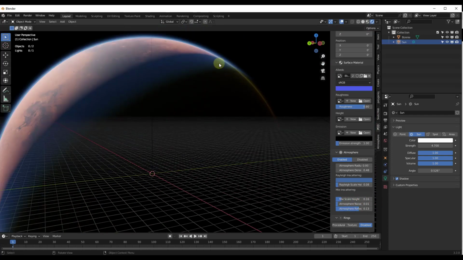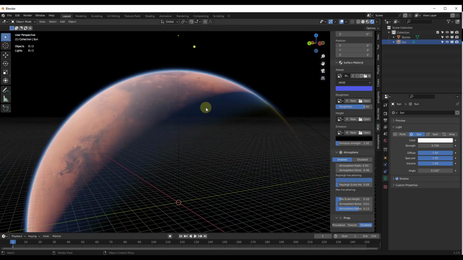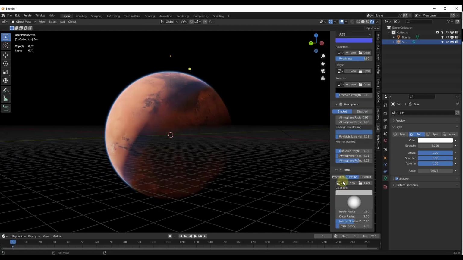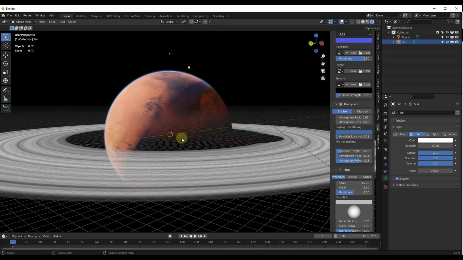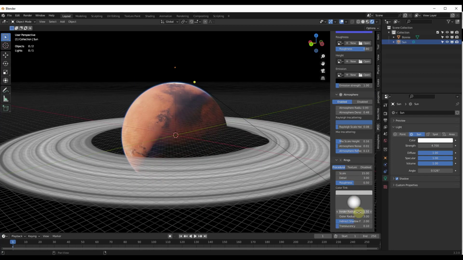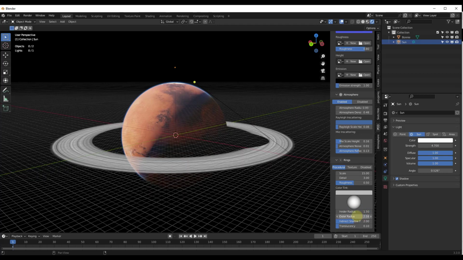And so notice how you get some really cool effects on the back side if you do toggle that atmosphere on, like this. And so we also have the option down below to generate rings. So in this case for my rings, I don't really have a texture, so I just want to click on the procedural option right here. And so procedural rings is going to allow you to generate your rings. And so you can adjust things like the radius of the inside and the outside,